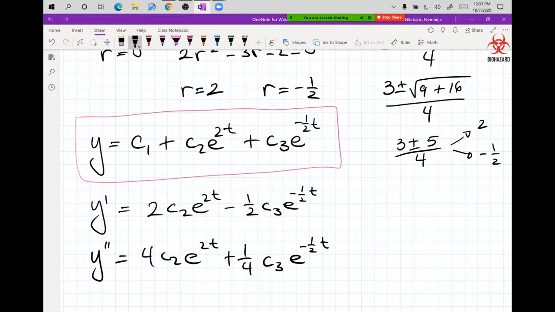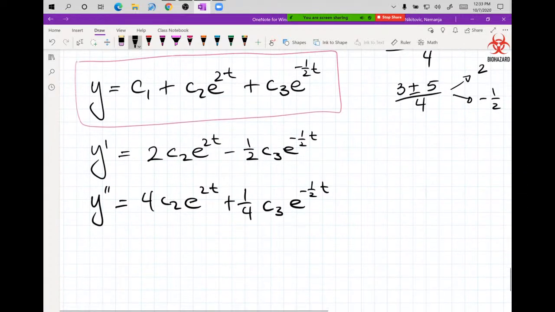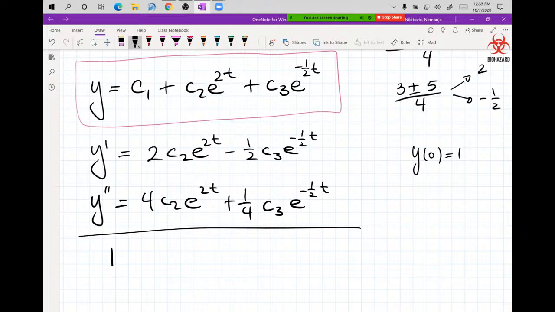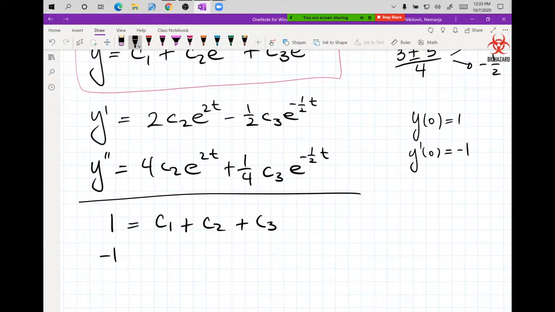And now we use initial conditions. So for the top equation, right, we have y of 0 equals 1. So the top equation gives us 1 equals c1 plus c2 plus c3. Because when you plug in t equals 0, these e's become all 1. For y prime, we have y prime of 0 is negative 1. Okay, that's going to be negative 1